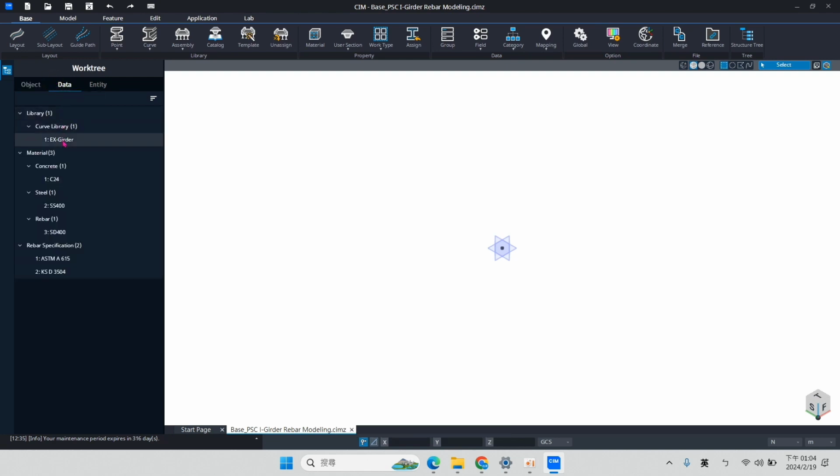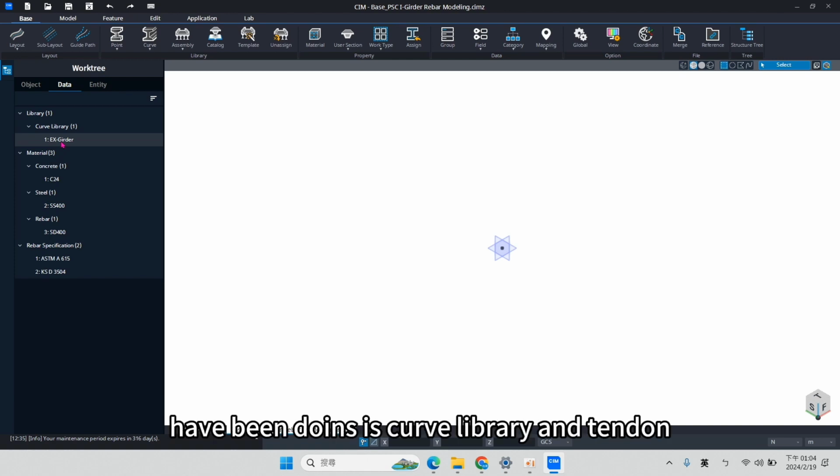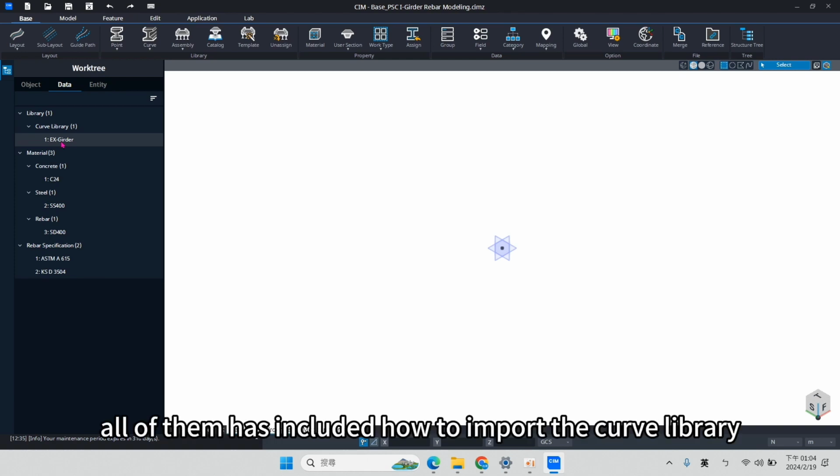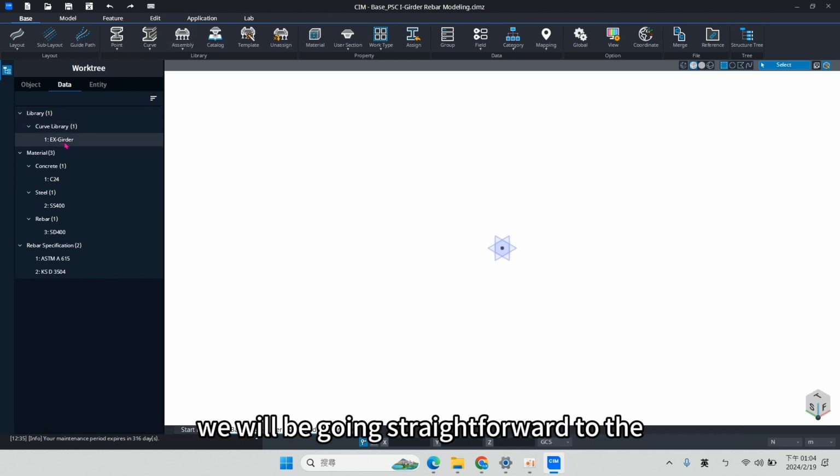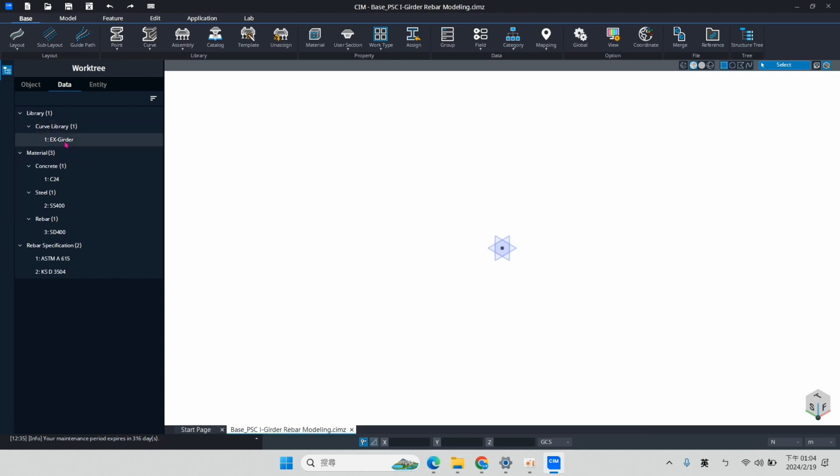The first two parts that we have been doing are the curve library and the tendon. All of them included how to import the curve library. And in this part, we will be going straight to the Word file.